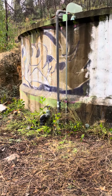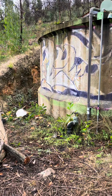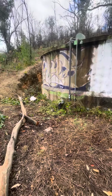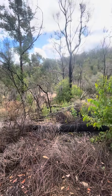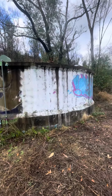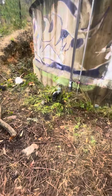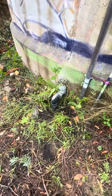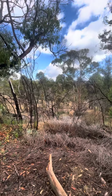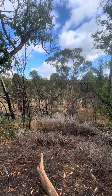Here we are today out at Scotts Creek Conservation Park, just investigating this bore pump that delivers water from down the bottom there all the way up to these storage tanks. And then the water from the storage tank is then delivered via this 80mm pipe here that then goes all the way back to the main track to a stand pipe for filling up of the CFS trucks during a